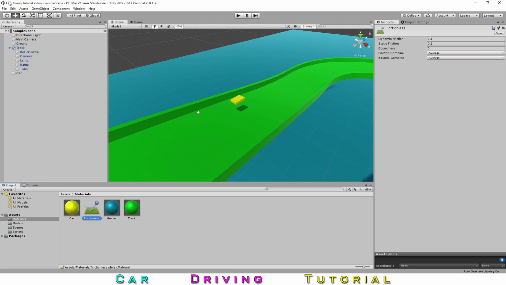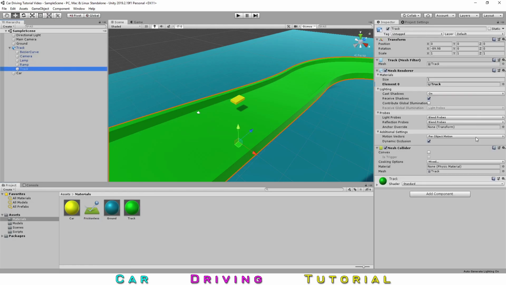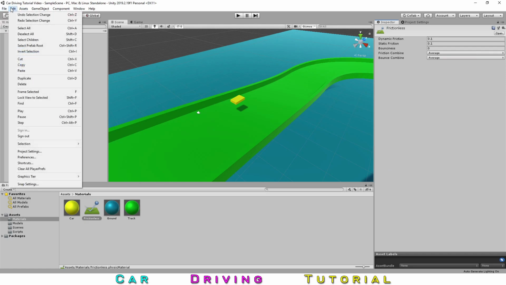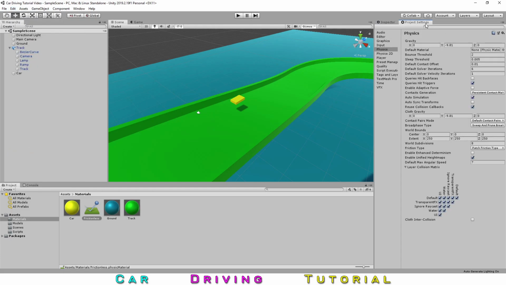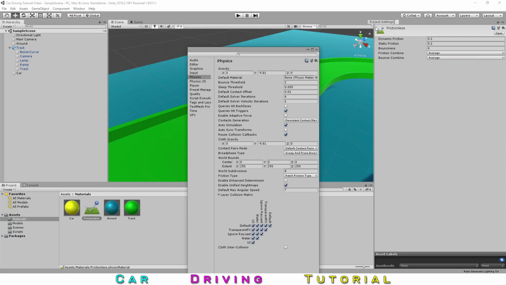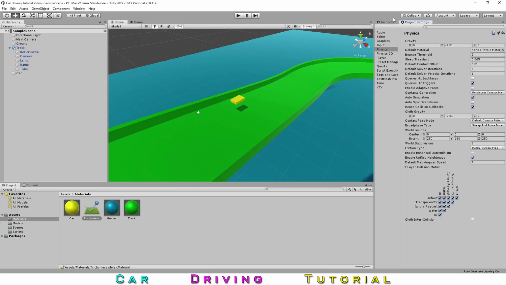Regardless, we want to apply this frictionless material to everything in our scene, and we could do that by going through and selecting every collider and then setting it to frictionless. But an easier way of going about that is if we head up to Edit, then go down to Project Settings, it'll bring up this window. That'll probably start off as its own window, but we can just dock that over, for example, over here by the inspector. And then we have different